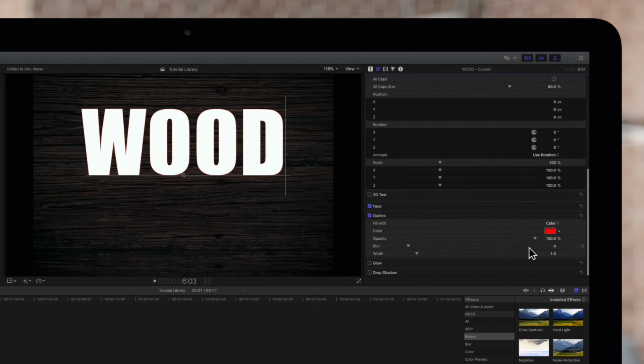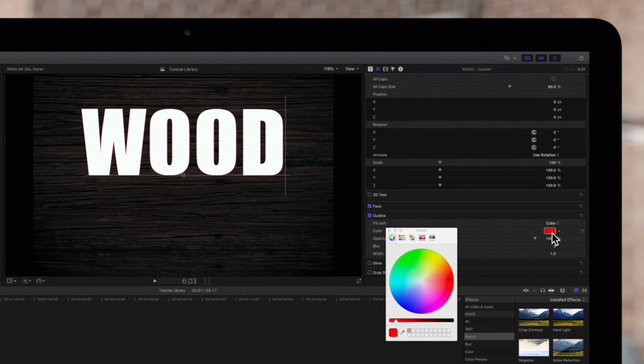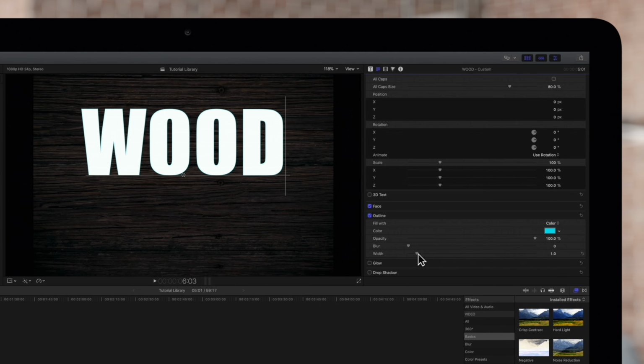If these controls look familiar, it's because most of them work the same way as the face controls, except there's a width control just for outline. Now let's change the color of the outline. Alright guys, you probably don't have the eyes of an American bald eagle, so you can't see these color changes that are happening on the outline right now. Let's adjust the width so you can actually see what we're doing.